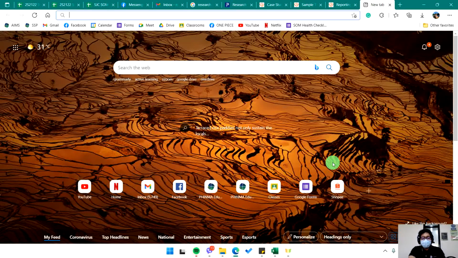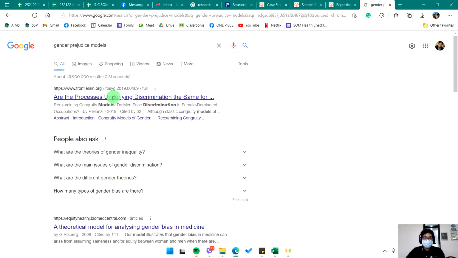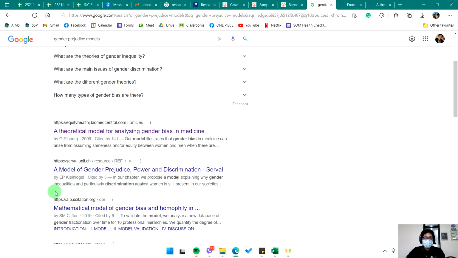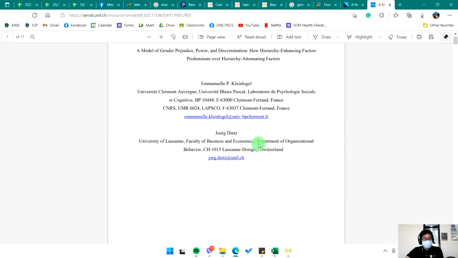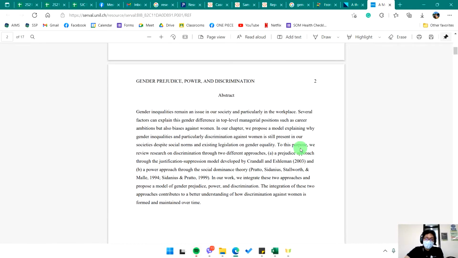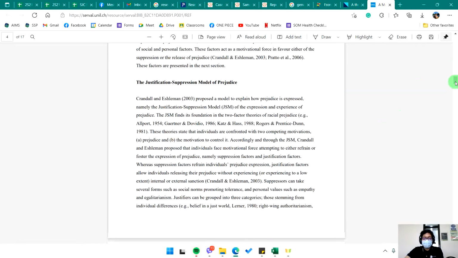Sige, let's try siguro gender muna tayo. Gender prejudice models. Okay. Theoretical model for analyzing gender bias. Model of gender prejudice, power, and discrimination. Mukhang mas maganda to. Oh, okay. So ito, meron na kayo kagad study na conducted. You can already get what you need from the abstract, pero it's much better to look for specific